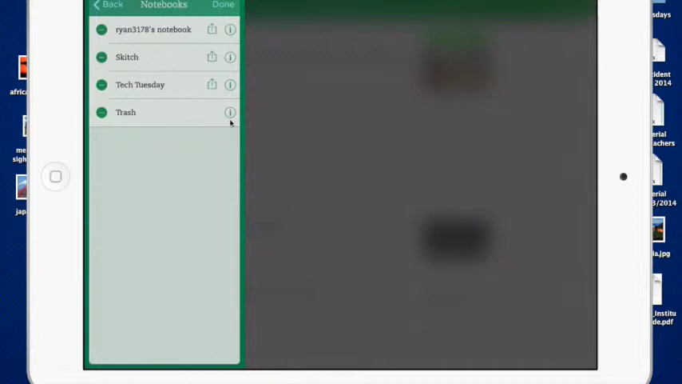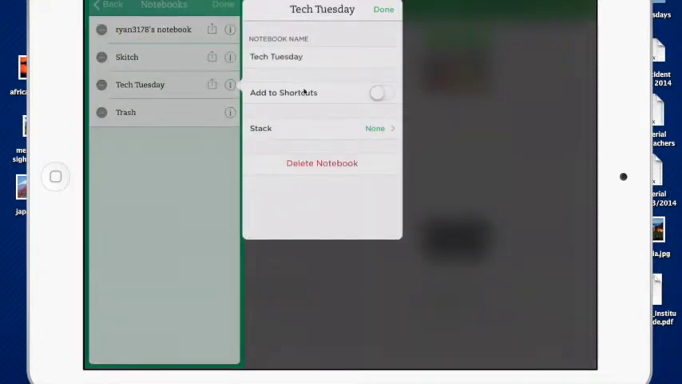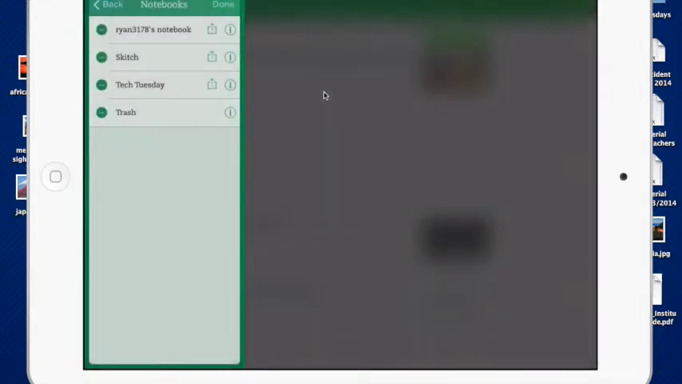If I want to check out the information on it, I can just hit right here, and right here will give me the name of the notebook, what stack it is. Stack basically is your versions of notebooks that you can create, or if you want to add a shortcut, basically you just do a quick little add-on. So I hit add a shortcut, and I'll hit done. So that way when I go to my shortcuts later,